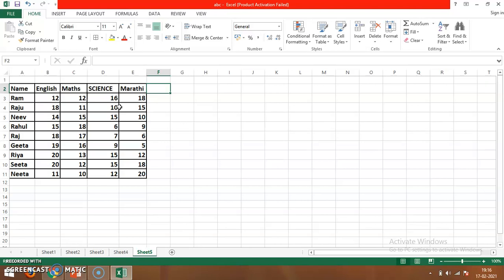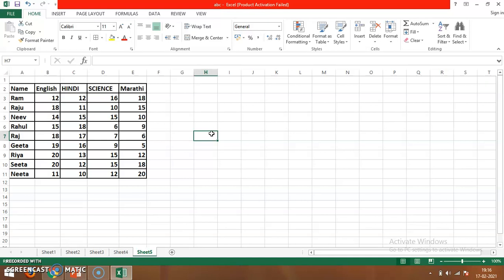So that is overwriting. You just have to select the cell and type whatever you want to type or modify. Now instead of maths I want to type Hindi, so I'll select that cell and just type Hindi. So this is known as overwriting in Excel. Just select that cell and type whatever new word you want instead of the old word. The new word will come over the old word. So that is known as overwriting in Excel.